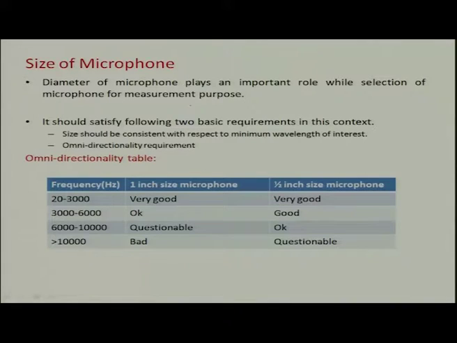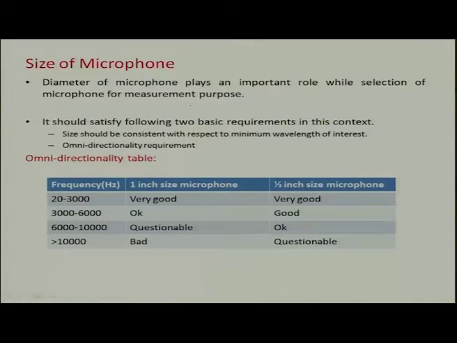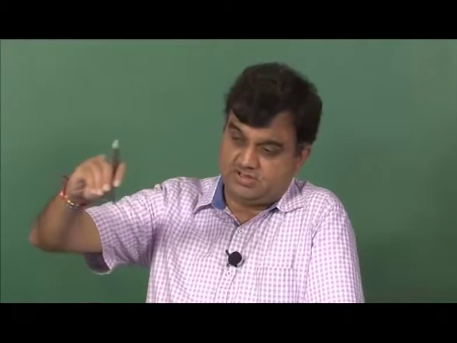Okay. So, microphones come in different sizes. You can have a 1-inch microphone, they are really fat mics, or you can have ½ inch in diameter or 1/4 inch diameter, and there are some special microphones, they are even thinner, something like 1/8 inch in diameter. So, which size do we pick? If we are interested that the microphone should be sensitive to sound from all the directions, then we look at